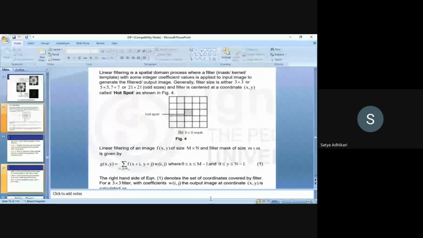So now assume that the centered pixel is a hotspot. That means we are going to change the gray label value of that pixel only. Now,